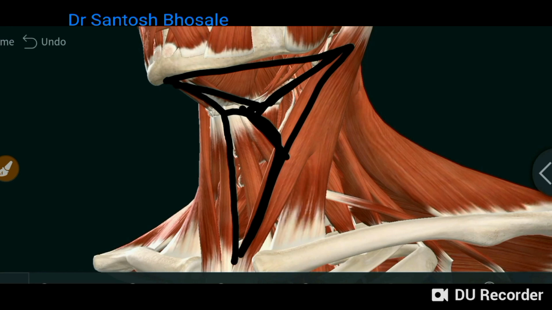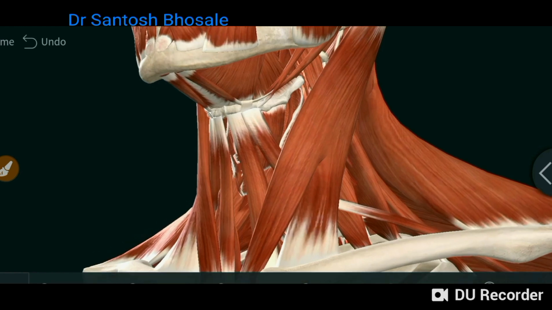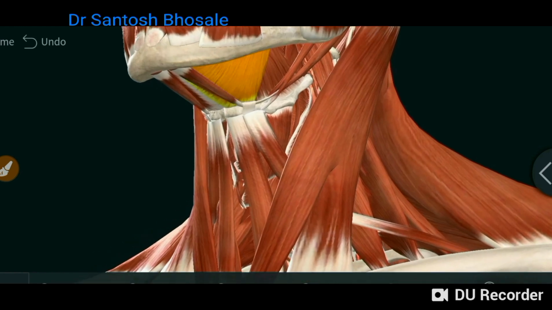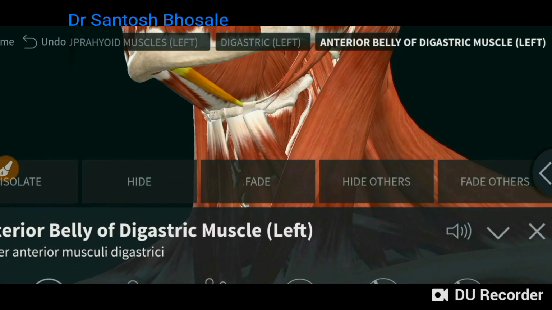So, the anterior triangle in total has 7 triangles, 3.5 triangles on one side, that is digastric, carotid, muscular, and that is half of submental triangle. Submental triangle is a median triangle and it is unpaired, whereas digastric, carotid and muscular are paired triangles. They are present on both the sides, one on each side, that you can see there.